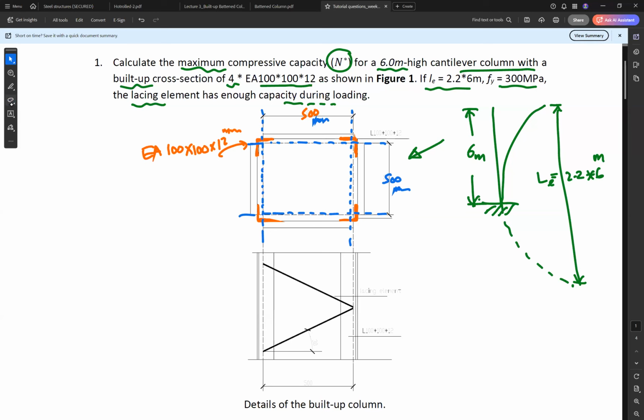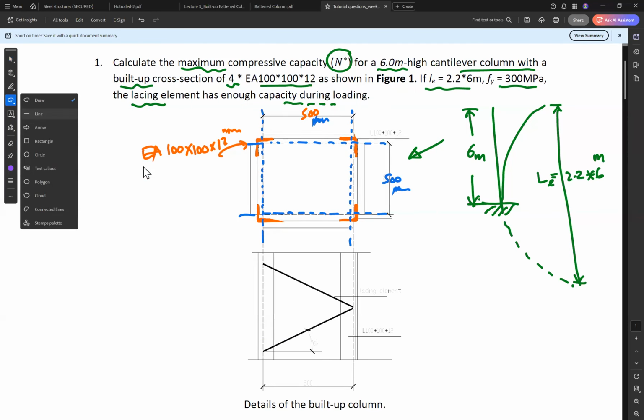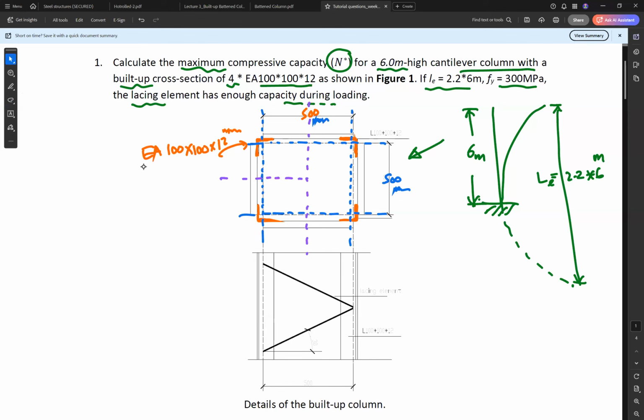Okay, this is the plan view. So if we want to allocate the axes, here is our X and Y axis for the whole section. So this is the CG, this is our X axis, this is our Y axis. So this is the plan view. For the elevation view, we have the angles,